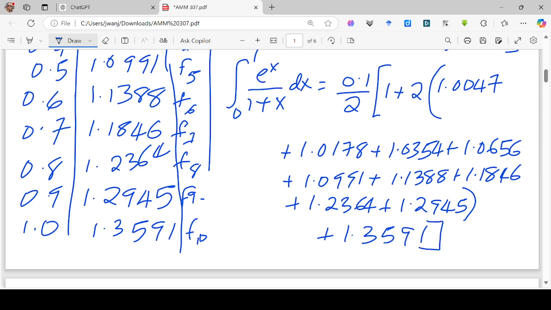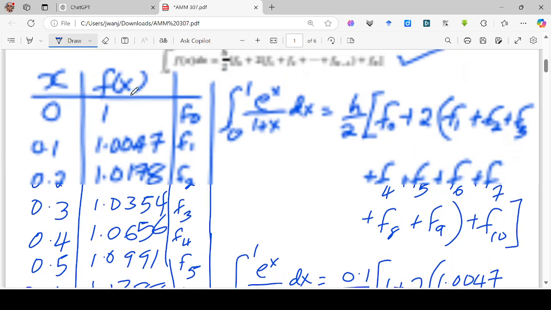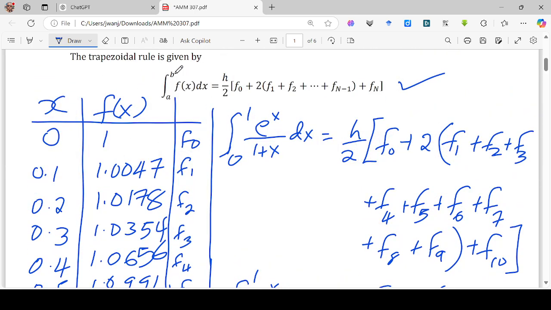Then we close that bracket. So if we work out this, and express our answer correct to 4 decimal places, the result is 1.1260. You notice that in this method of evaluating the integral, we just need to tabulate the function given here